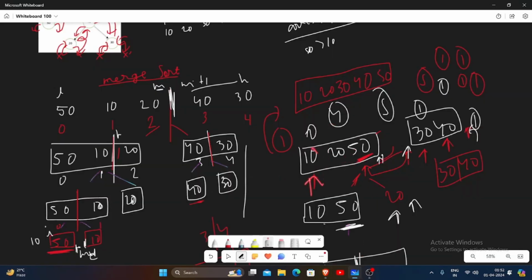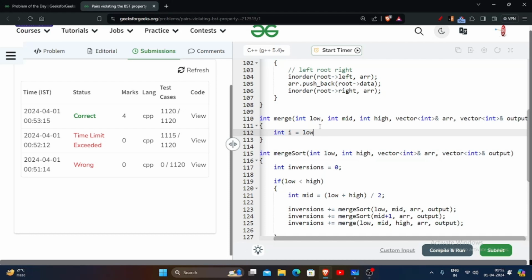तो आई लो, ये हाफ लो से मिड का है, ये हाफ मिड से हाई, मिड प्लस वन से हाई तक का है। तो लो पॉइंटर ये है, मिड यहाँ पर होगा, ये मिड प्लस वन है, लो पॉइंटर ये है, मिड यहाँ पर है। तो एक हाफ ये है लो से मिड का, और एक मिड प्लस वन से हाई तक का है, तो वही लिखेंगे। आई को मैंने लो दिया, ठीक है,